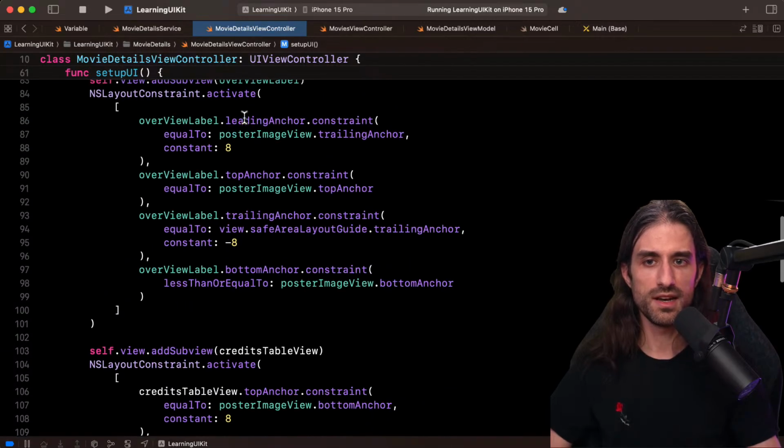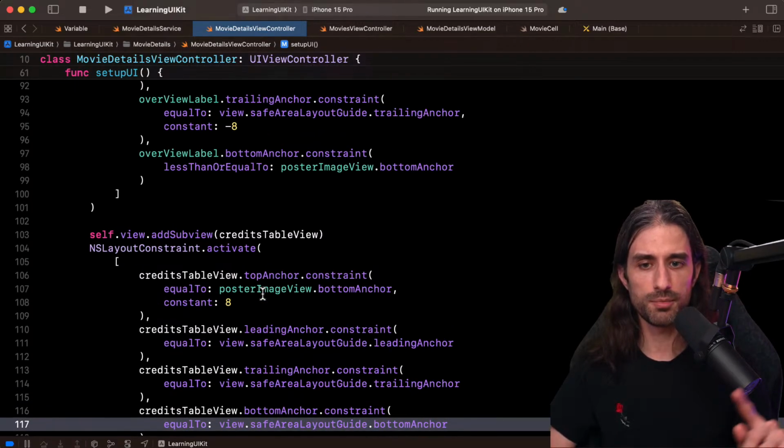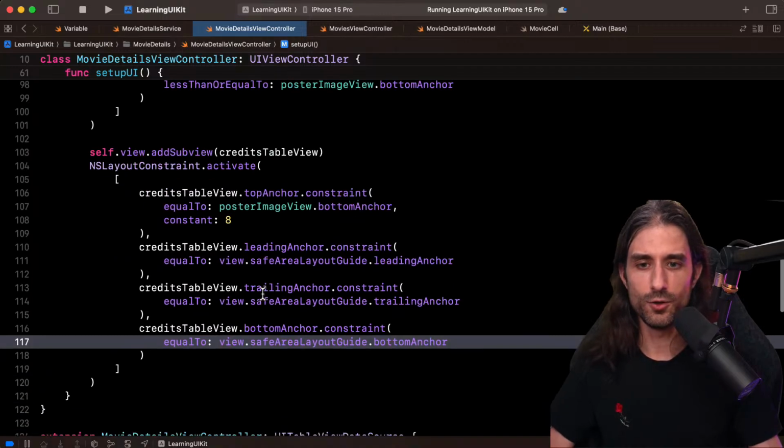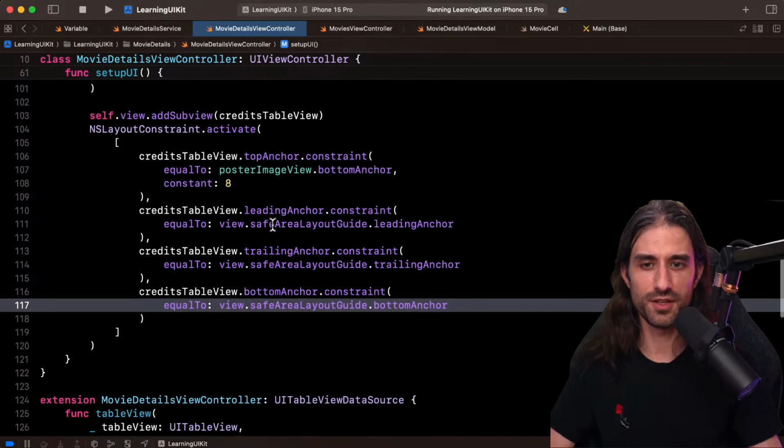So you can see sometimes I did leading, top, trailing, bottom, sometimes top, leading, trailing, bottom. It's better to always do it the same way. Either you do leading, top, trailing, bottom or you do top, leading, trailing, bottom, but you pick one way and you stick to it. Otherwise, it's going to become messy quite fast. So don't do what I've done.